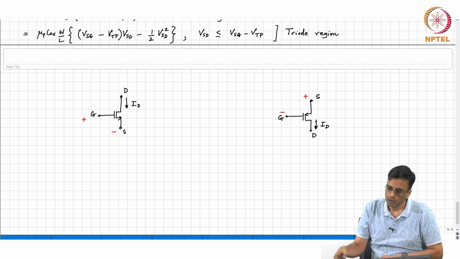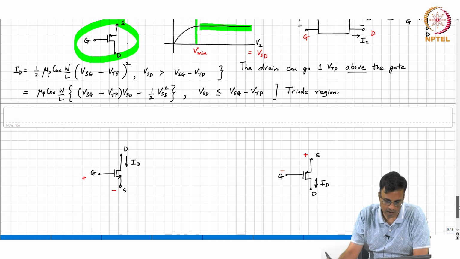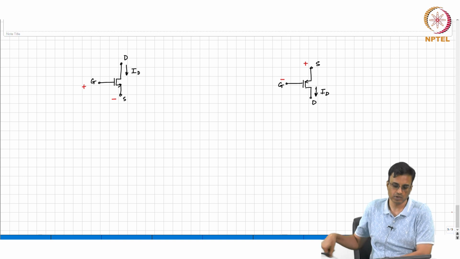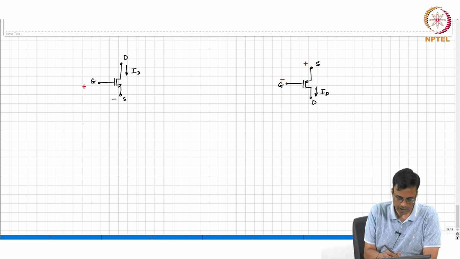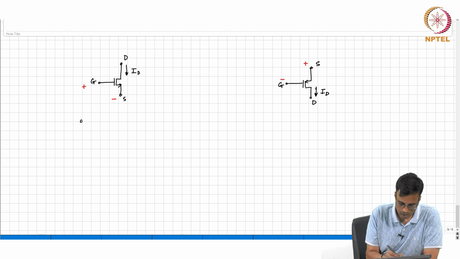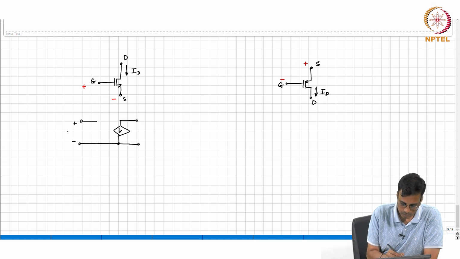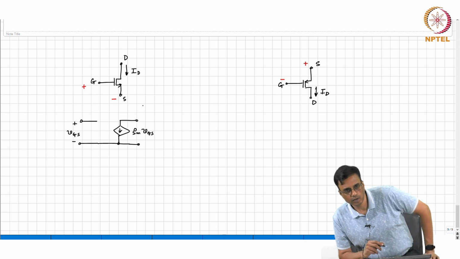And so the first thing we did when we saw the NMOS transistor was draw its small signal equivalent, and this is Gm times VGS. Now the question is, what do we do with the